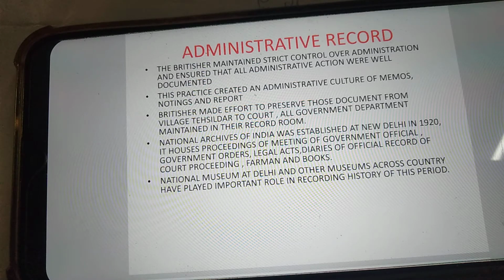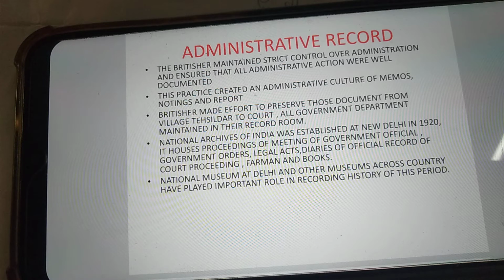Administrative records. The British maintained strict control over administration and ensured that all administrative actions were well documented. This practice created an administrative culture of memos, noting and reports. The British made efforts to preserve those documents from village tehsildar to court. All government departments maintain